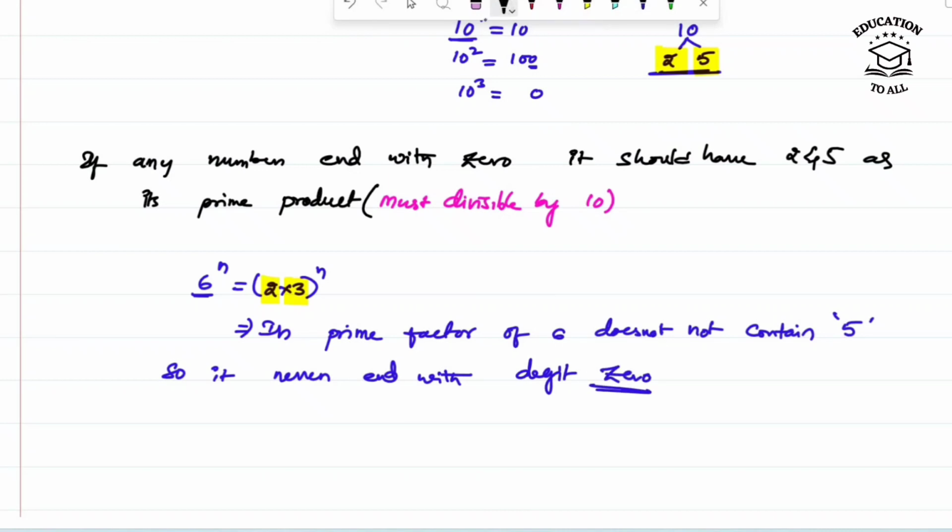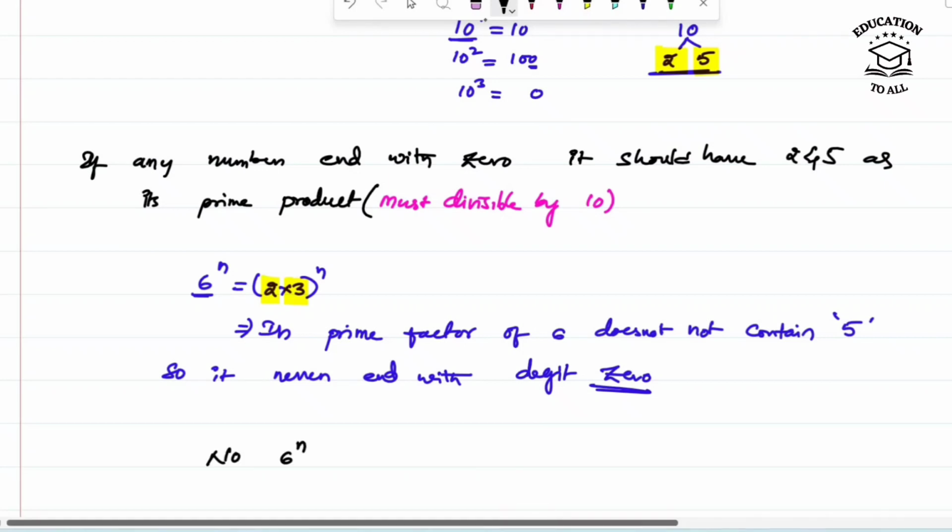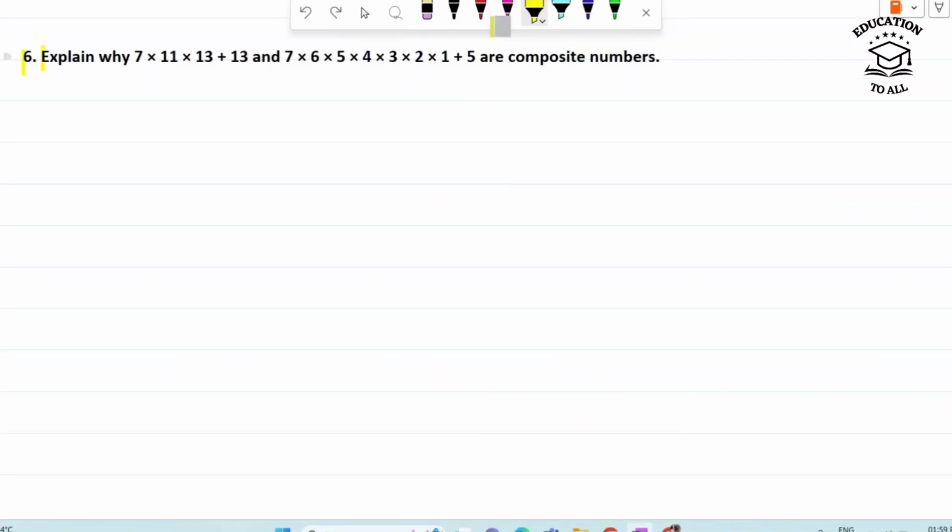Therefore our answer is 6 power n never ends with 0. Got it? Explain why 7 into 11 into 13 plus 13 and 7 into 6 into 5 into